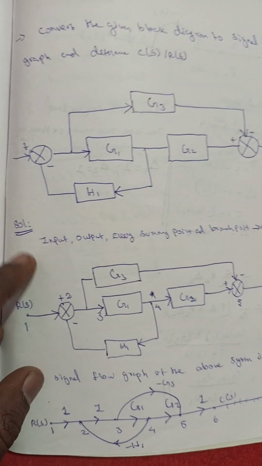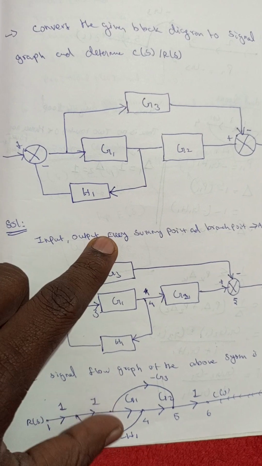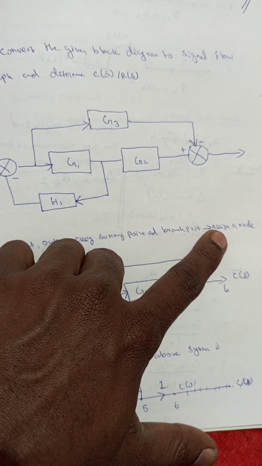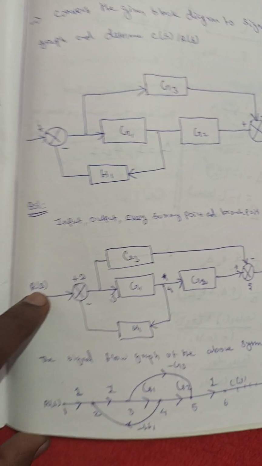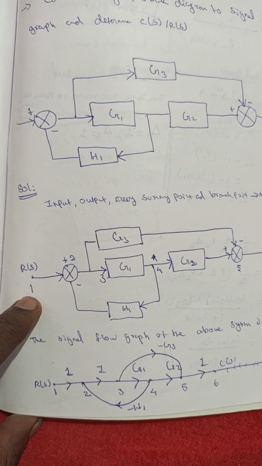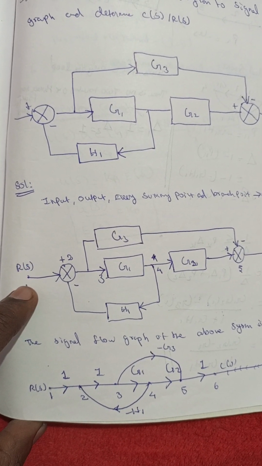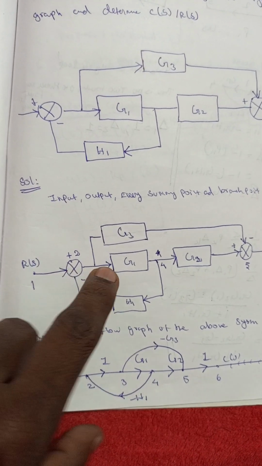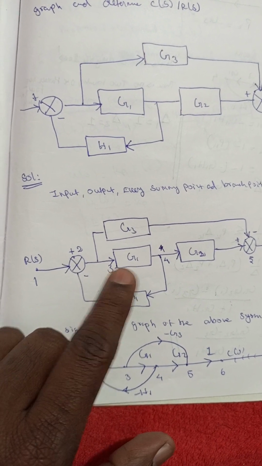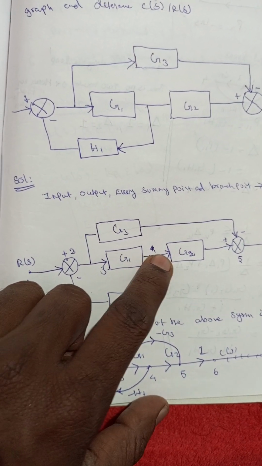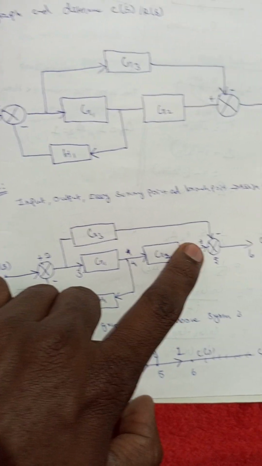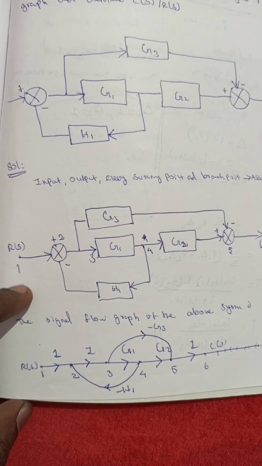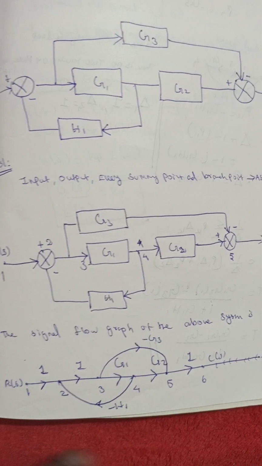So the solution: it has the input, output, summing points, branch points, assigned to us as nodes. So we have marking the solution, one is marking the nodes. The input is node 1, the summing point is node 2, and here at G1 there's a junction which is node 3, here there's a junction that is node 4, and again here it is 5 and here it is 6. So converting this into a signal flow graph, we have to draw a straight line,